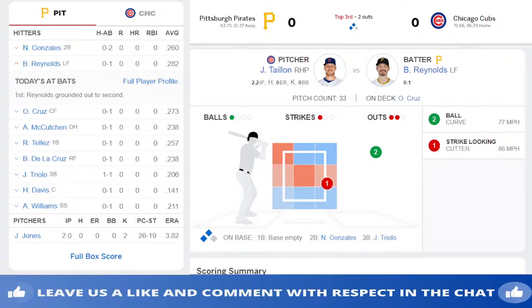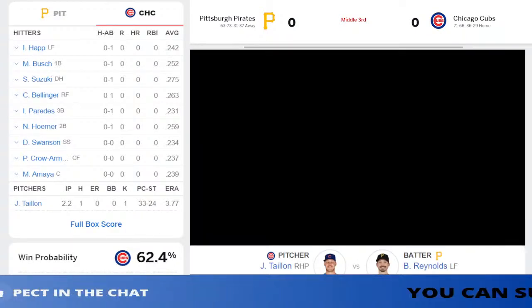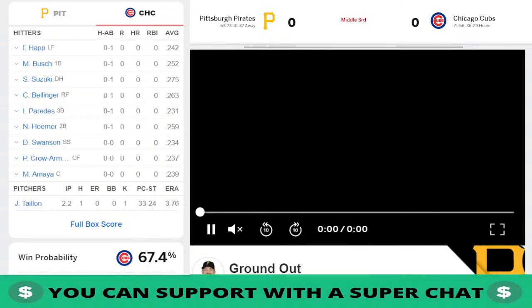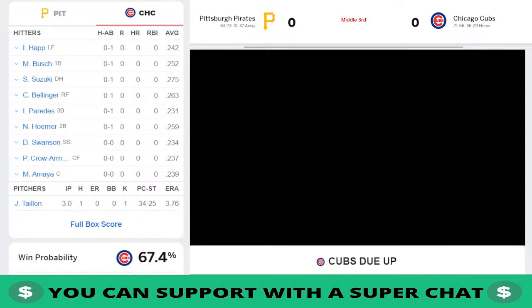Now the 1-1. A bouncing ball to third, backing up, fielding Paredes. Sidearm throw to first, this time on target to get Reynolds for out number 3. And the Pirates leave 2 in scoring position. Middle 3, scoreless. Cubs and...